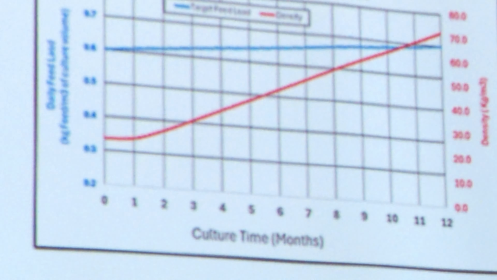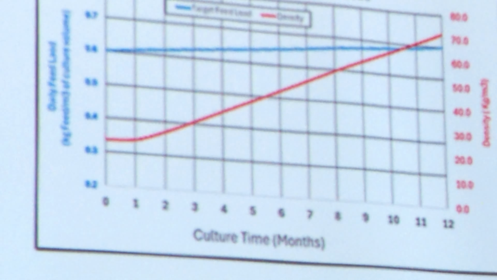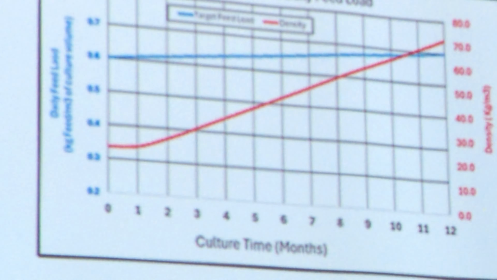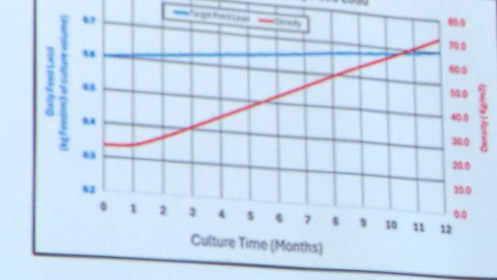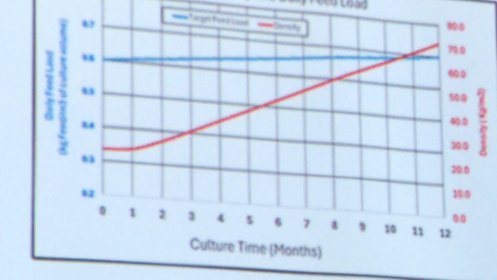So it's a good way to chart out what your density, your feed loads, and your growth rates are going to be throughout the whole growth cycle. That will determine your turnover rates for your tank. If you maintain a relatively stable feed load, your turnover rates for your tank should be relatively similar in nature. And it really tells you how much fish you can put in a tank